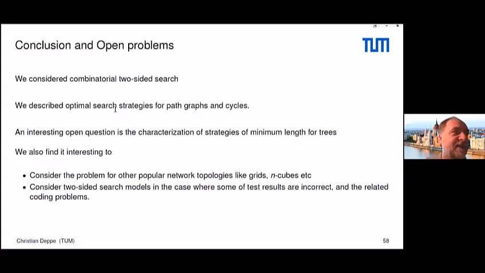Somehow it's clear what one should do to get a good strategy, and a little bit more difficult is perhaps the converse. But in principle, I hope you get an idea what one has to do if you want to analyze a more complicated graph. And what I want to motivate you to do is perhaps look for other graphs which are interesting, try to find